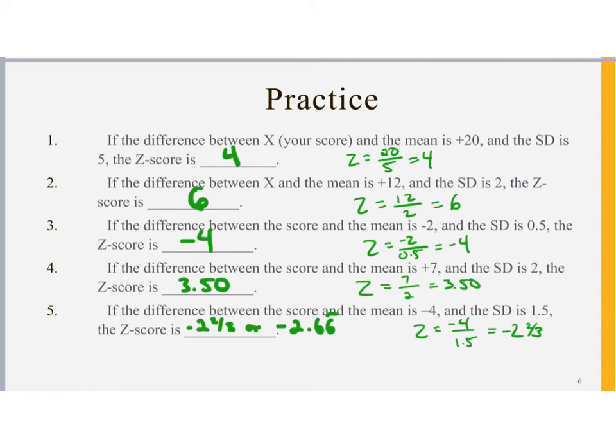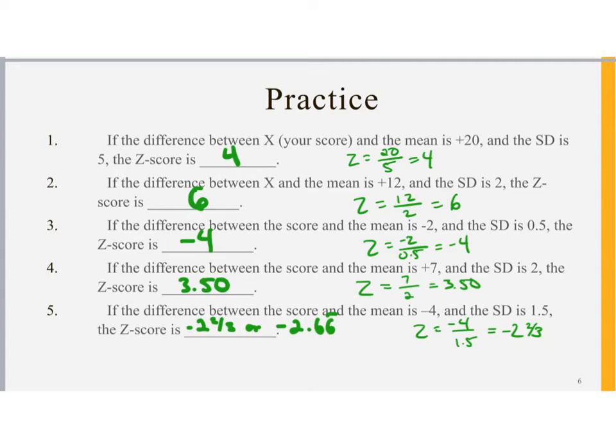In the third scenario, our deviation was -2, our standard deviation was 0.5, so our z-score is -4. In the fourth scenario, our deviation was 7, our standard deviation was 2, so our z-score is 3.5. And in the last example, our deviation was -4, our standard deviation was 1.5, so our z-score is -2 2/3,